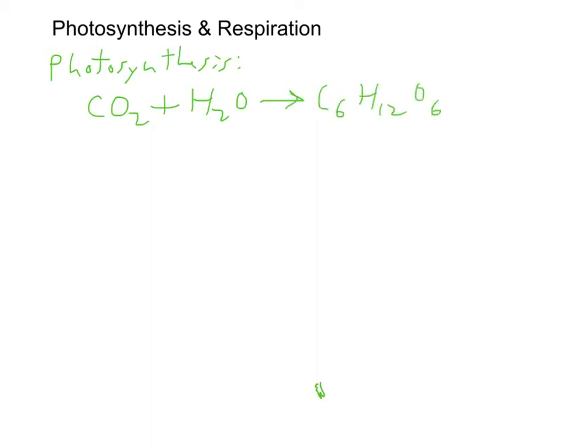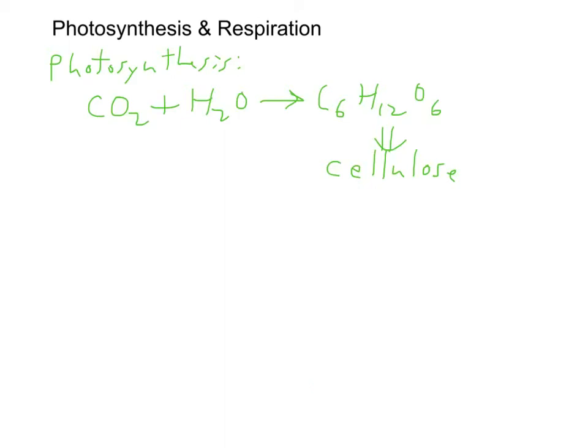And this sugar can then go on to form more complex sugars, things like cellulose, which is a type of starch material. And that's what leaves are made out of, or woody matter. Okay, so